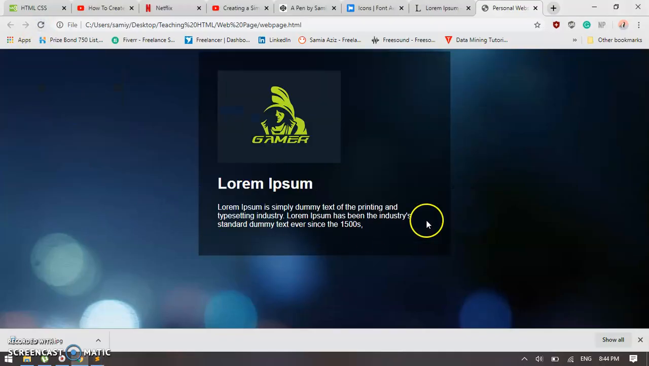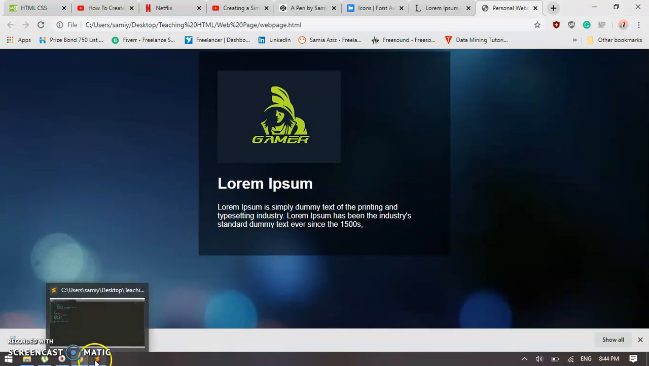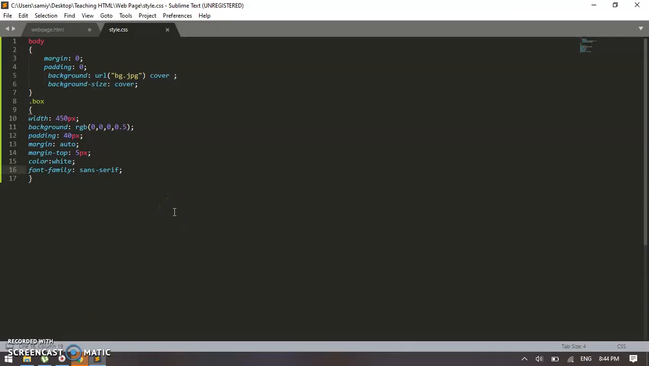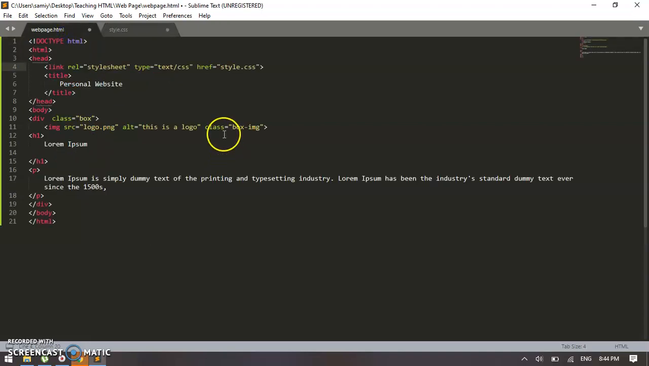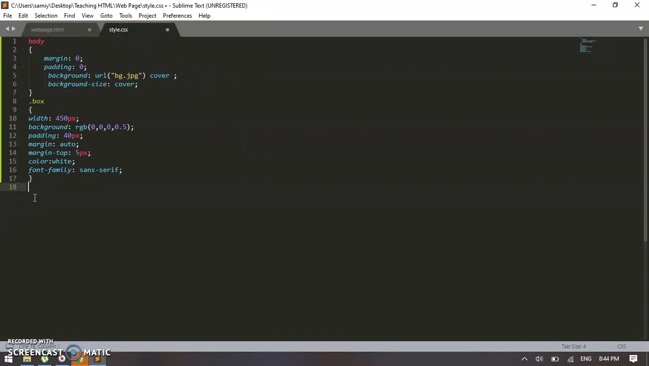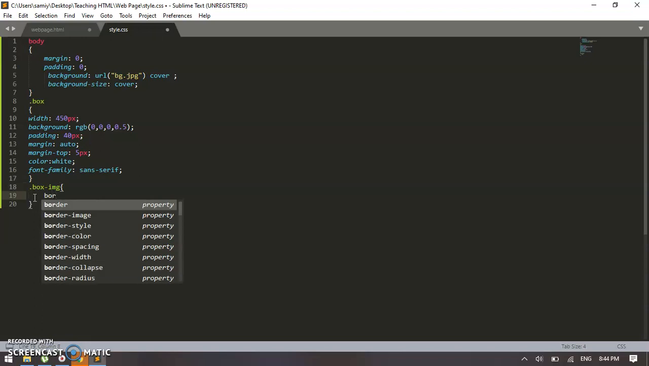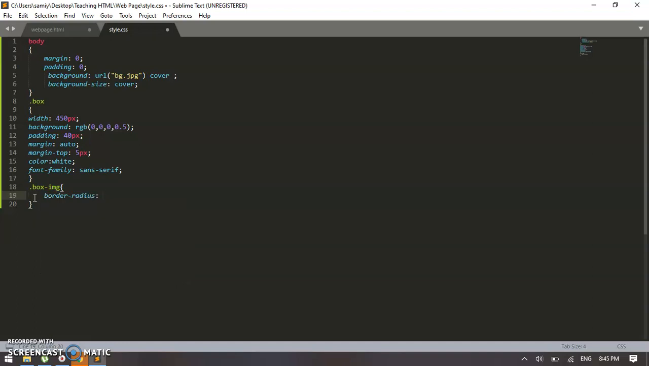and it's now in the middle. And okay, I have to also add something in the image. Let's now edit this image, and let's call it as box and a hyphen and image, and let's add its border radius to 50%,